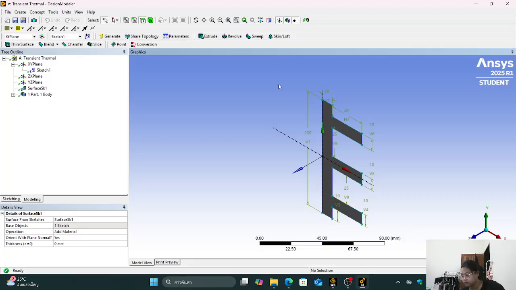Next step is to start the model, and for that you can save this one. After saving, you can close that one and then